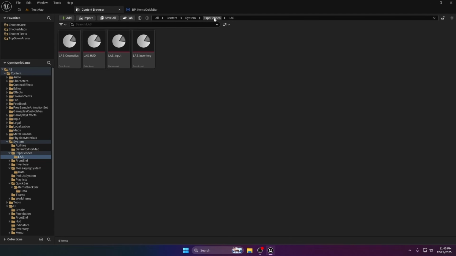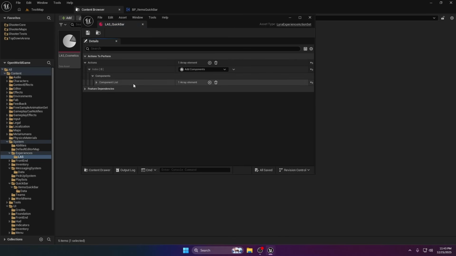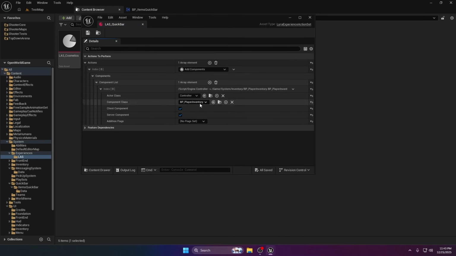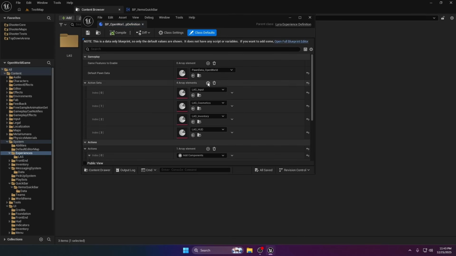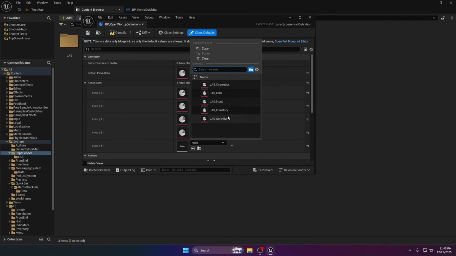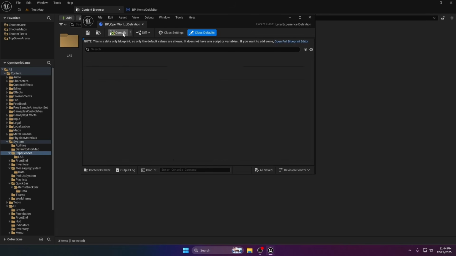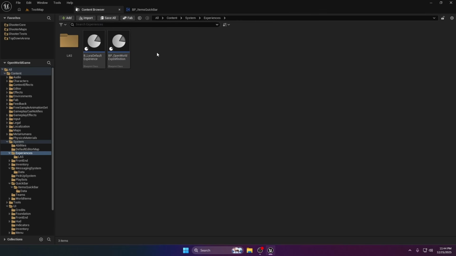And we need like, so let's duplicate inventory and let's call it quick bar, and here we're going to look for items quick bar, save it, close it. We need to add it over here, quick bar, and